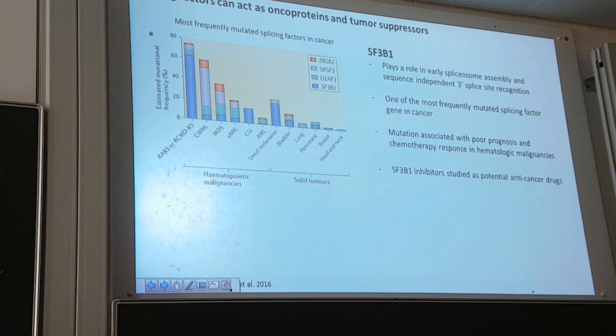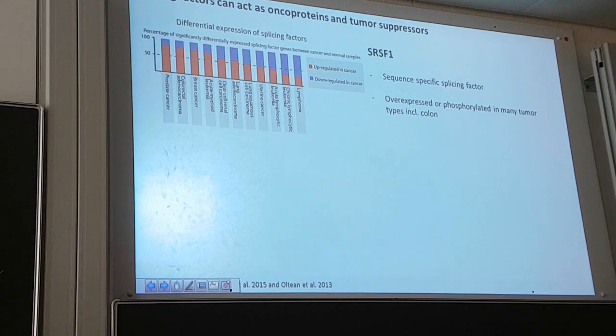And then also splicing factors can be aberrated in cancer. So SF3B1 is a splicing factor that's very often mutated, mostly in hematopoietic malignancy, but also in solid tumors, and it plays a role in early spliceosome assembly. What it's actually doing is sequence-independent splice site recognition, so it has more of a global role,